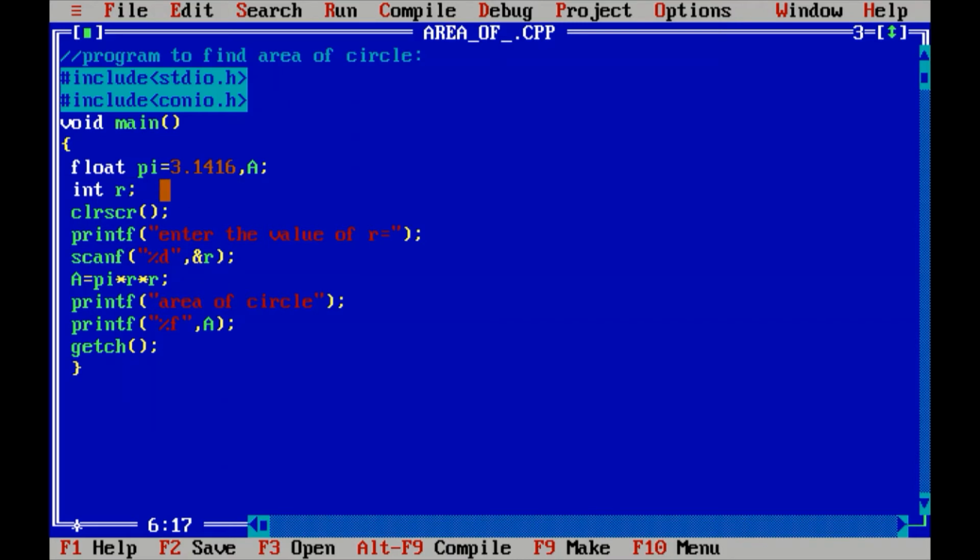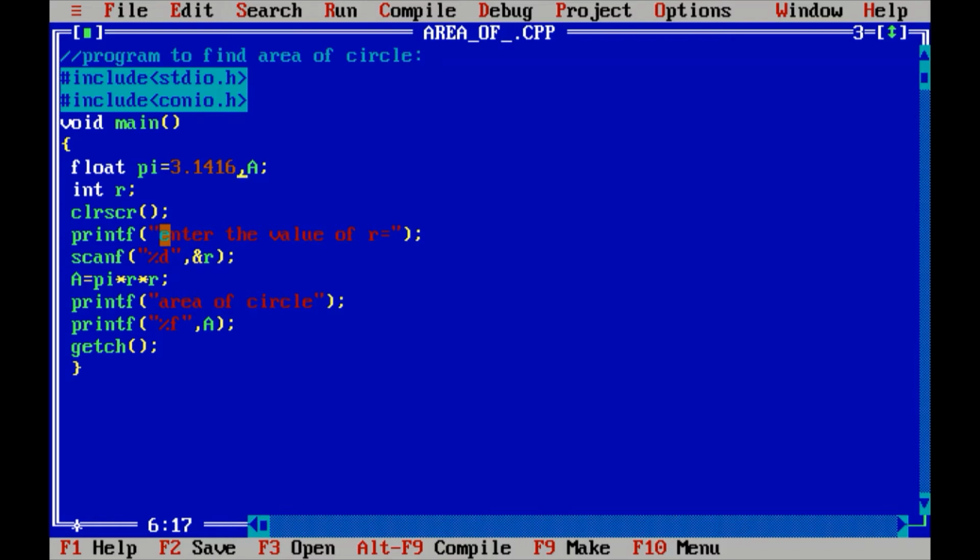To find the area of the circle, you all know the formula: pi r squared. So here I have given the variable pi with the constant value 3.1416, and capital A stands for the area of the circle. Here int is for the radius. We cannot take the radius as a decimal number here, so we write it in integer form.